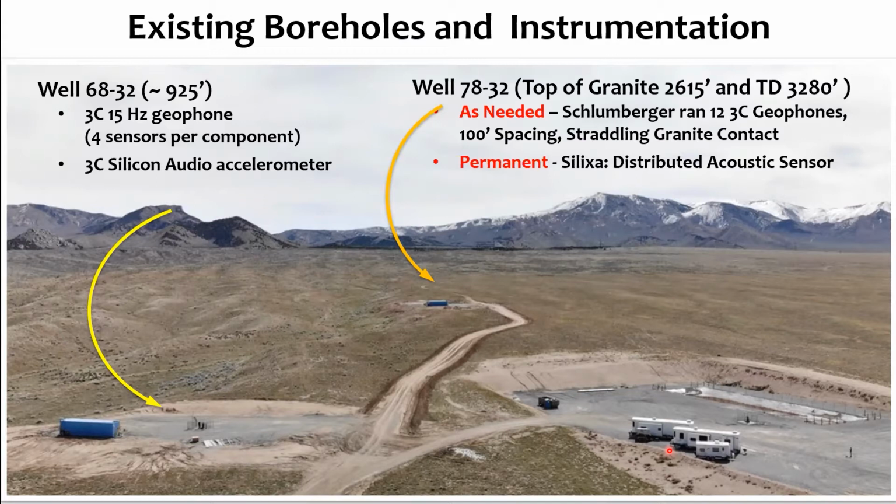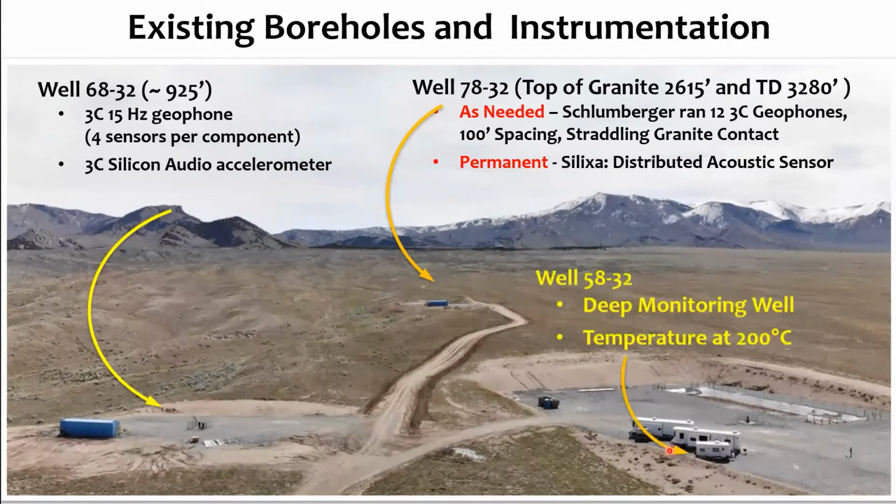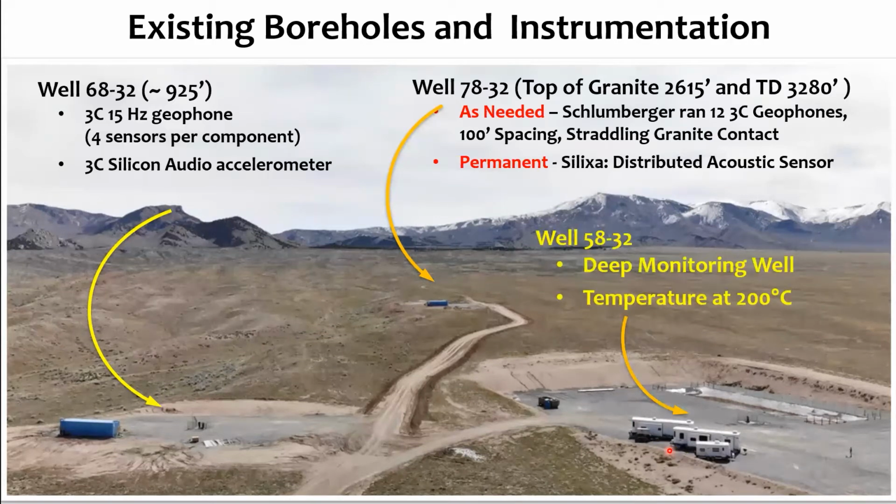Historically, periodically, we've run geophones in this well, 100-foot spacing, 12 geophones, straddling the granite contact. And this well also has a permanent DAS cable, distributed acoustic sensors, cemented into the backside. Now, so we have those two monitoring wells, and then we have this well that I mentioned earlier, well 5832,